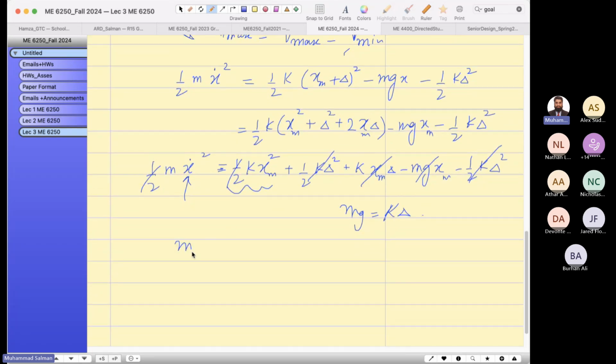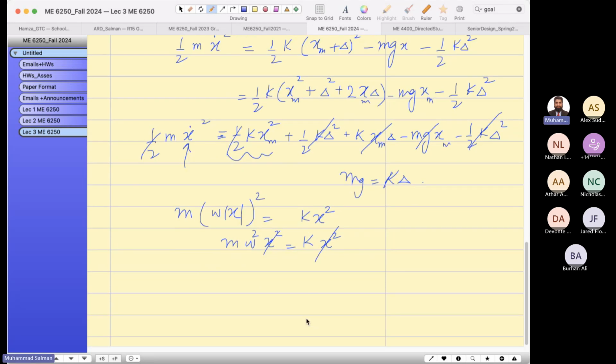So can I write down m in place of x dot? I can write down omega x in the mod x square equals half k x square. Sorry, half is cancelled. So what I'm left with, if I open the parentheses, x square is cancelled by x square. So I'm left with